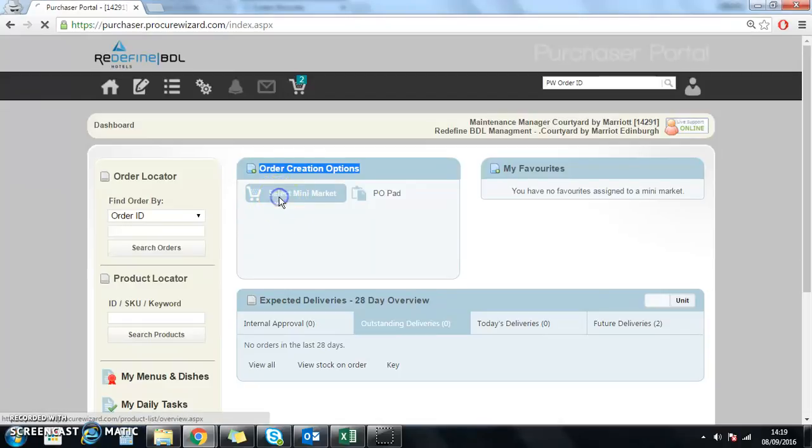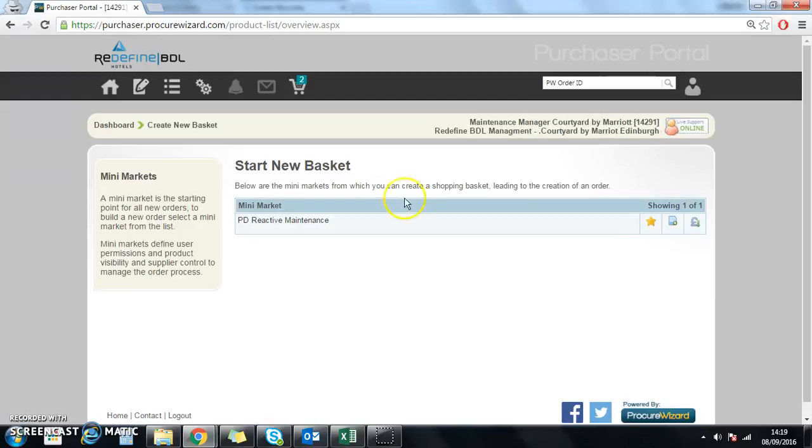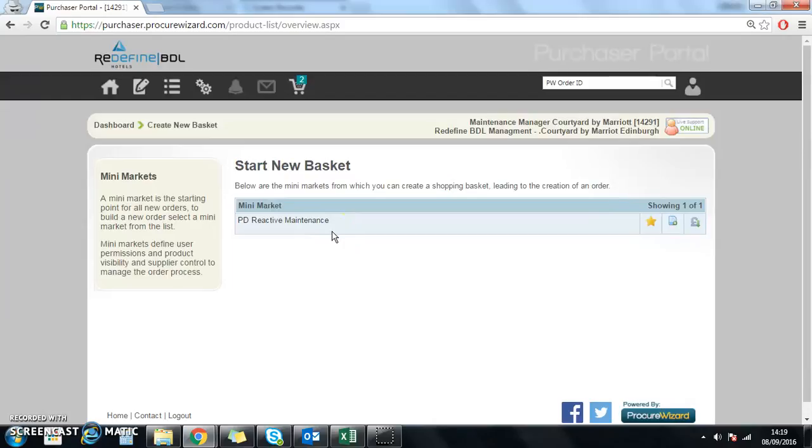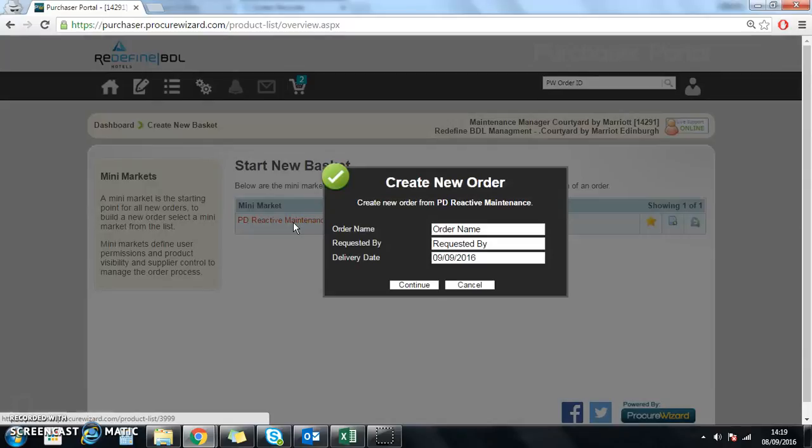So I'm going to click select mini market, and that will then list all the mini markets that you currently have available under your user ID. This particular maintenance manager only has PD reactive maintenance, and this is the mini market we are looking for when placing maintenance orders. So I'm going to click onto PD reactive maintenance, and in this screen I'm looking